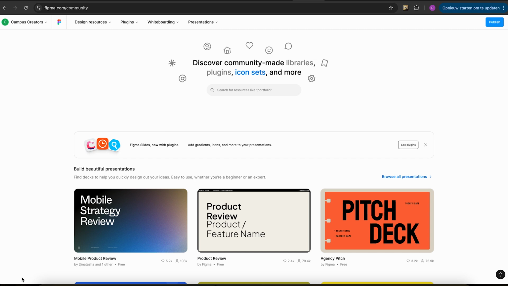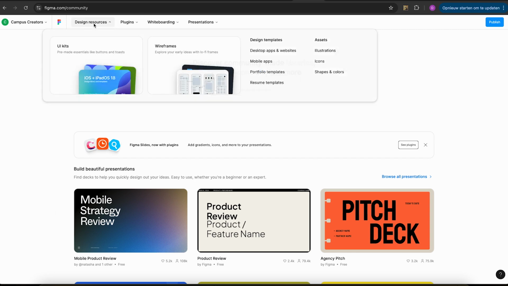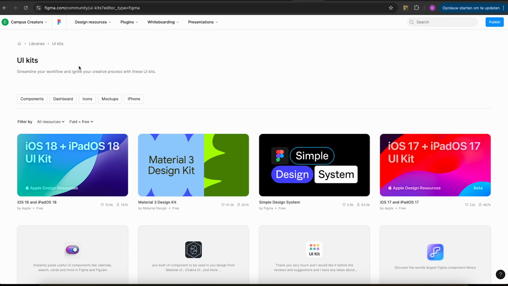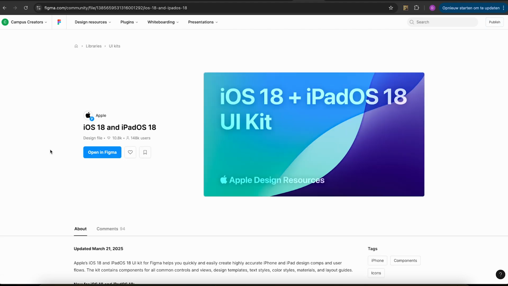Let's start with something I really love, the community. So, you can see here on the screen the Figma community. You can use it for design resources, the UI kits. I'm going to show you how to work with that. The UI kits from Apple. It's really handy because you can duplicate this to your own